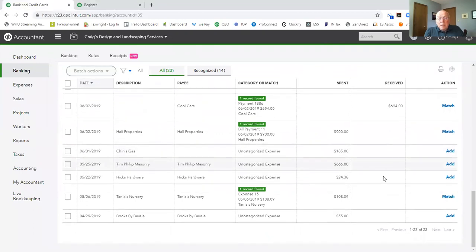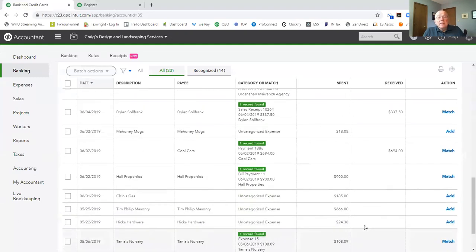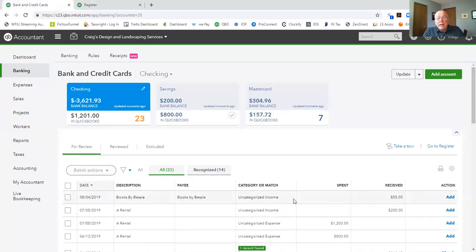Now, many people will do this in 2 different ways, particularly if your accountant is the one that's reviewing this for you. The accountant may not know what the uncategorized expense or income source is. And so they may go ahead and accept or add these entries based upon the uncategorized nature of them, because it's always possible using the chart of accounts to go back and identify those and then transfer them into the proper account. However, if you know what the proper account is, then this is the opportunity that you have to go fix that. And as you'll recall, you simply click here in this area,